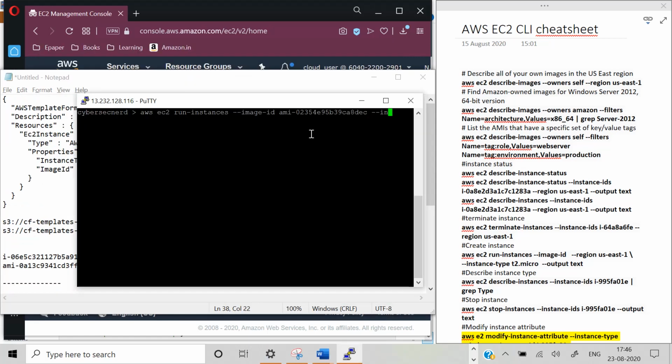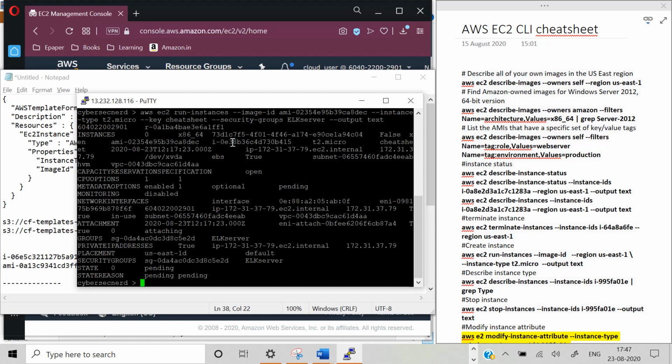Instance type: again, we will be selecting t2.micro, which is available in the free tier. And key pair, again I will be using the existing key pair, and the security group will be ELK server, output text. So I think we have created one more instance, and this time we have launched this EC2 instance